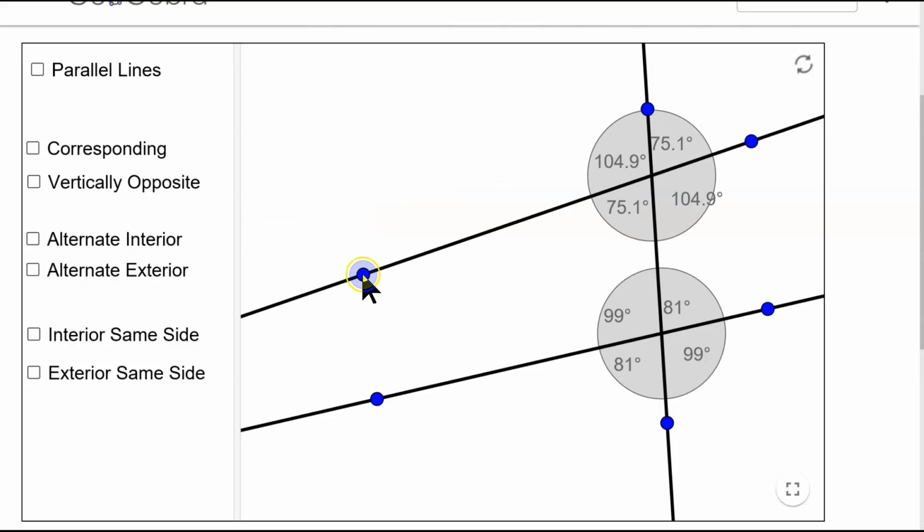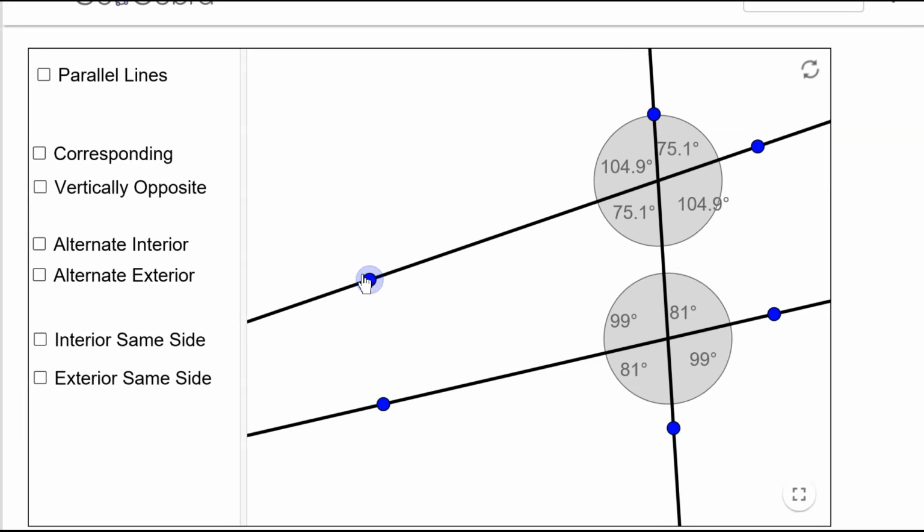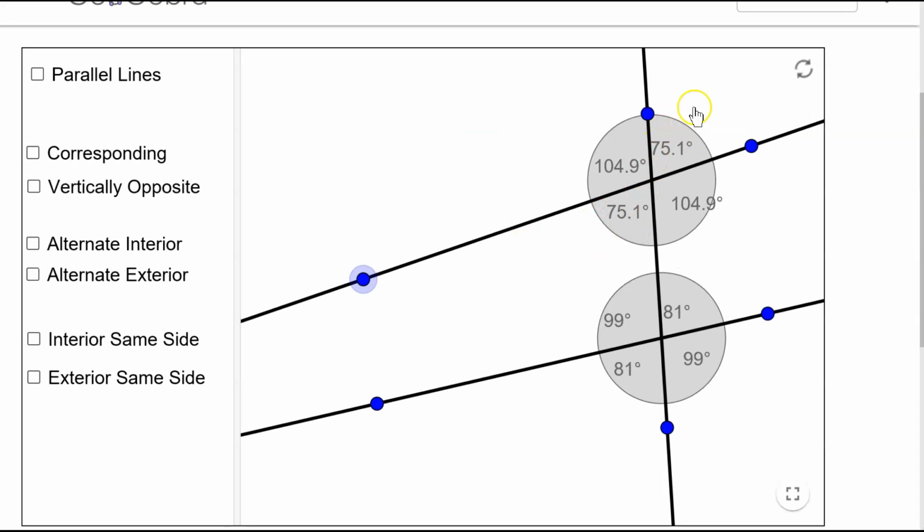Is there a name for those kind of angles, the ones that are across from each other, made by intersecting lines? What are those called? That's right, vertical angles. Vertical angles are always congruent. There doesn't have to be anything specific about the lines. They just have to be straight lines that intersect. Vertical angles are congruent. There's also another property, but I'm not going to be able to get it